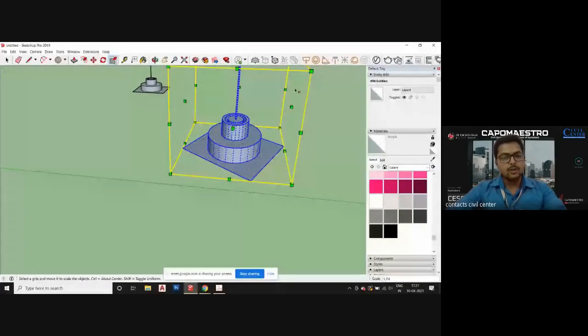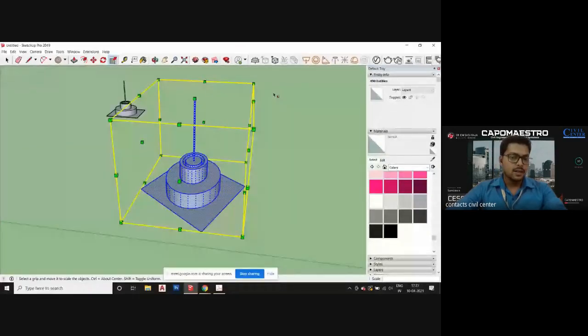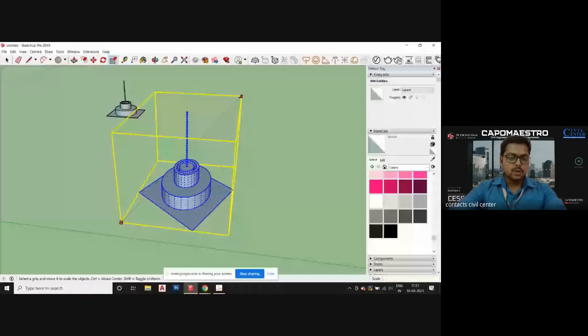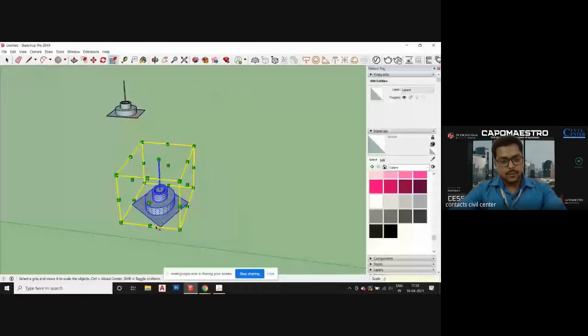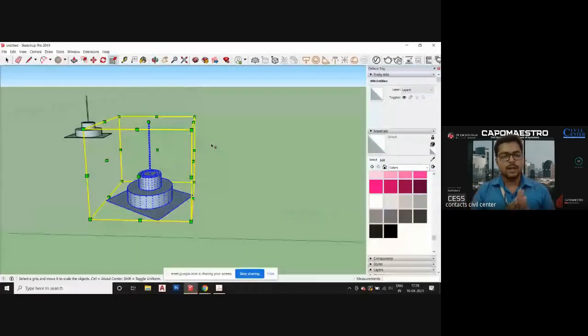So it's not like you can just do it in the random way, you can also do it in a specific way. So grab the dot again, the same one, pull it inside and write 0.5. So it will just bring it to the half of the whole object. Okay, so you can scale it. So if you are familiar with the AutoCAD, you must be knowing what is the purpose of the scale tool. So we are doing the same thing over here, just in 3D.